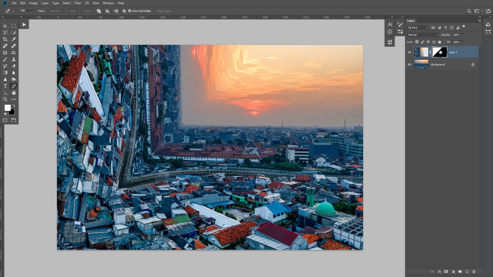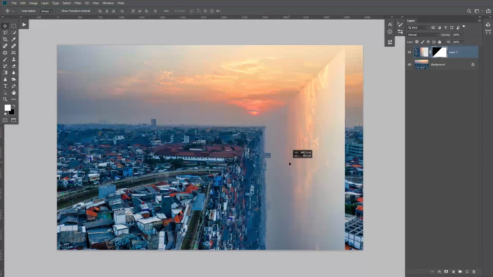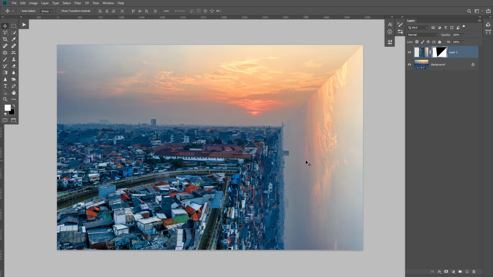So now just select the mask. See, the focus is here, and now press Ctrl+I to invert. Okay, it's inverted. Now just select the move tool and drag it here. Okay, done. It's not matched, don't worry about it, just match it here. Now unlink the mask from the picture. Okay, it unlinked. Now select the picture, select the move tool, and